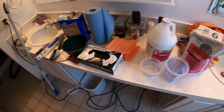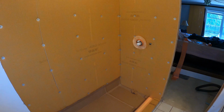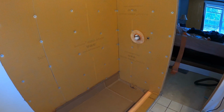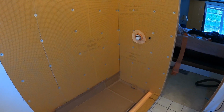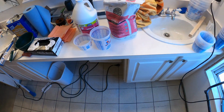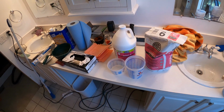That's why I'm not mixing all at once, because I'm not confident that an amateur like me can do this whole thing in 45 minutes. It's just not in the cards. So I'd rather mix small batches up, use them up before the pot life is done, and then just mix more. Speaking of which, I should go get the drill mixer. They do suggest that. And if you mix it by hand, they say 3 minutes vigorously,